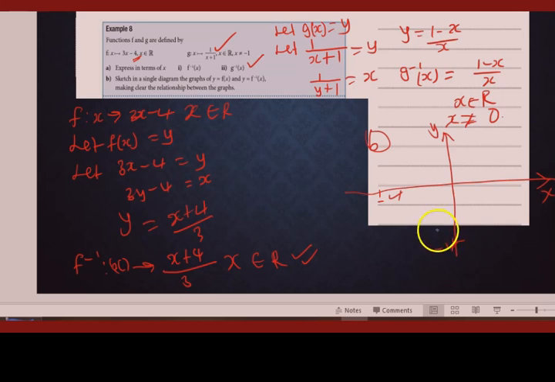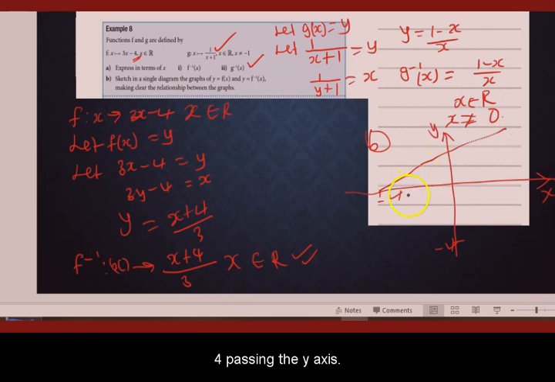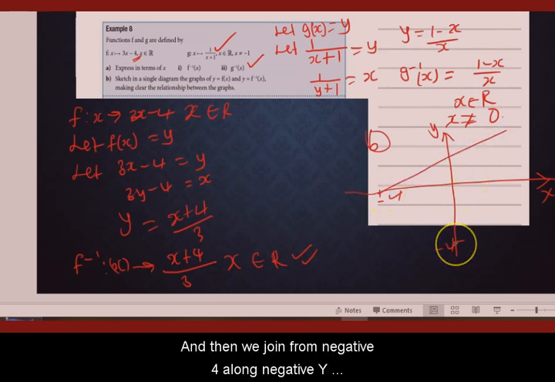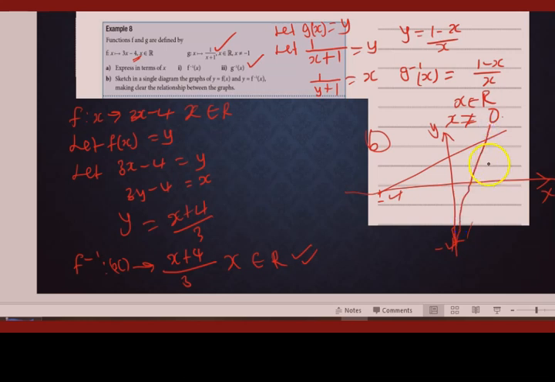So we can draw a straight line graph from this -4 passing the y-axis, and then we join from -4 along the y-axis and ensure that it has passed and touched the line. So this is our function f of x,